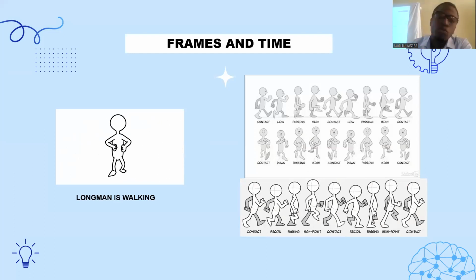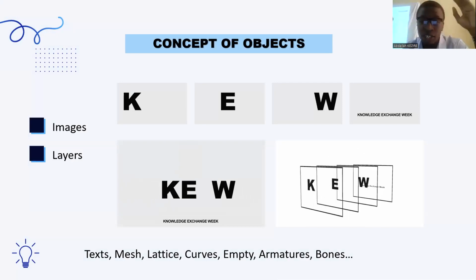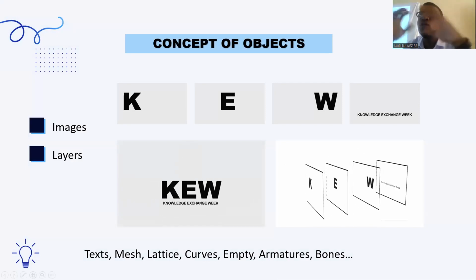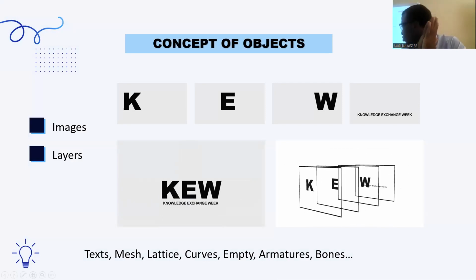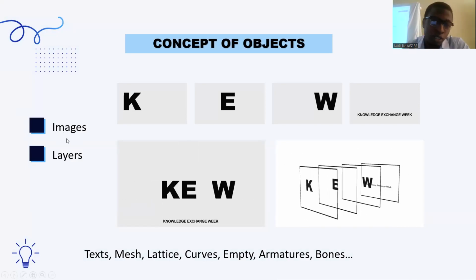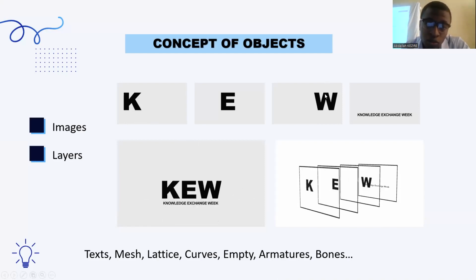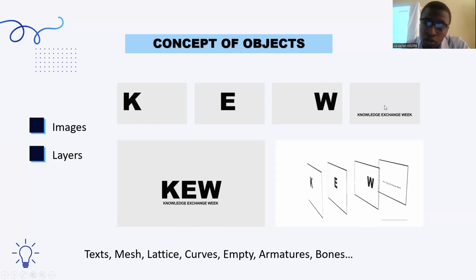But software is a little bit, those things I'm talking about, they are an idea about that. You'll see that when we get into the software, all of this will make a lot of sense. So let's start with the concept of object. We have first images here. Imagine that you have 4 images, this one and this one.